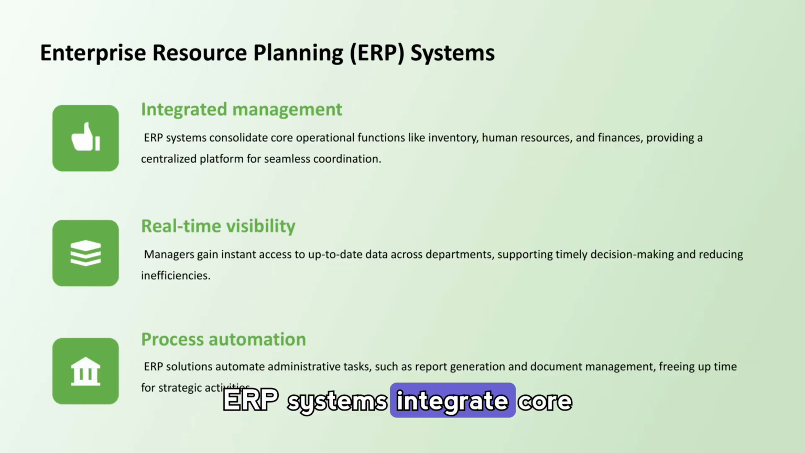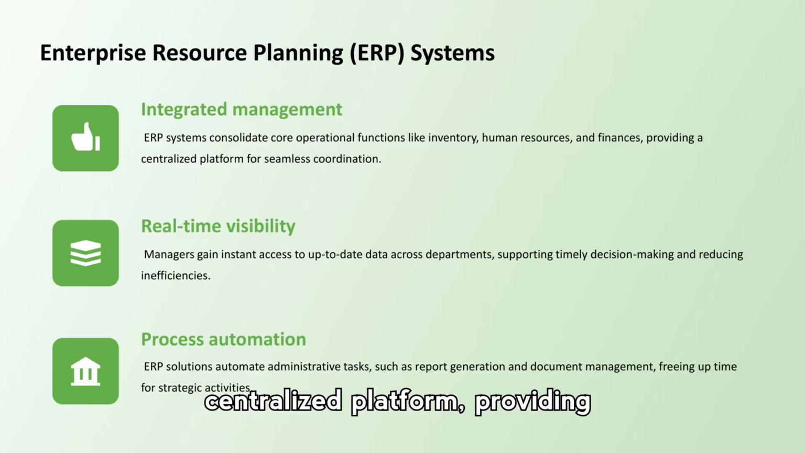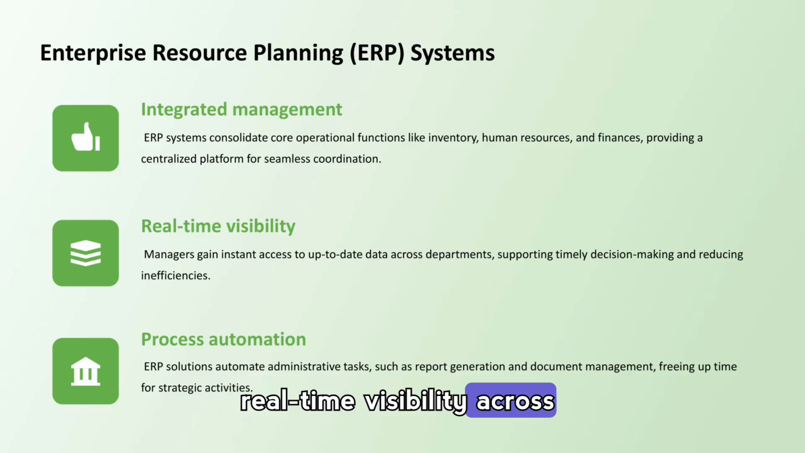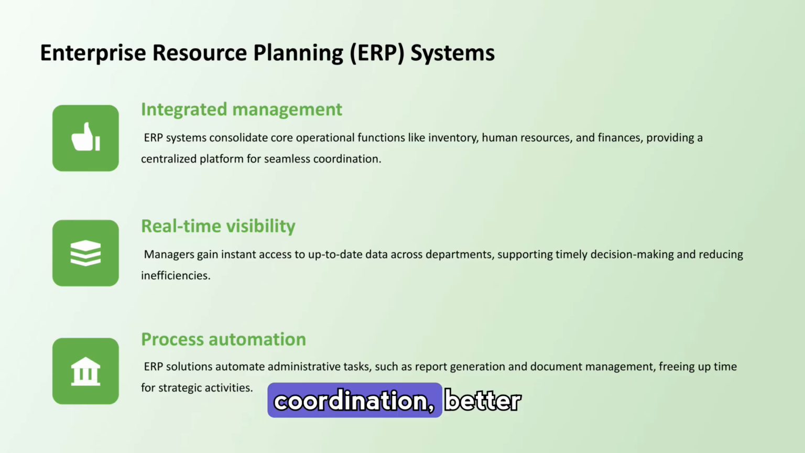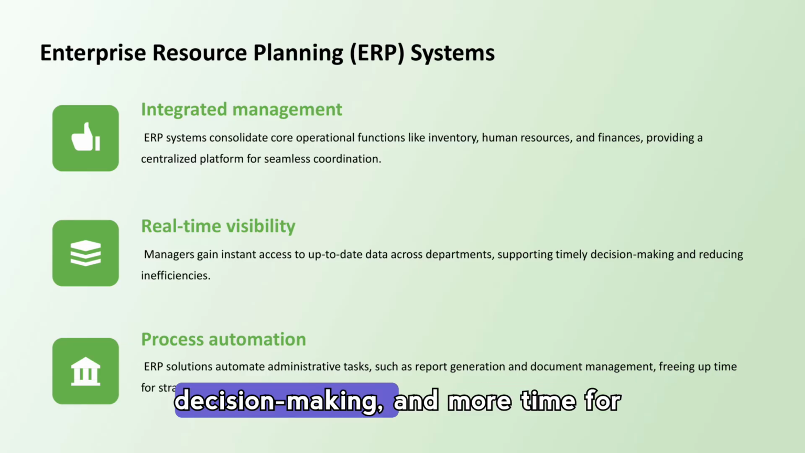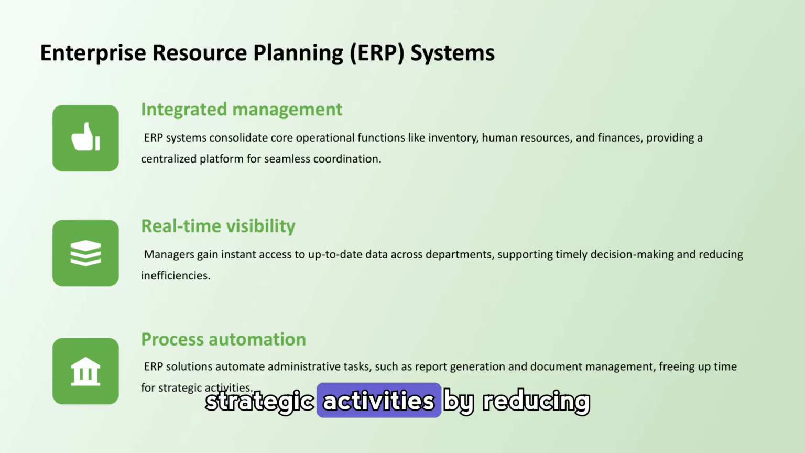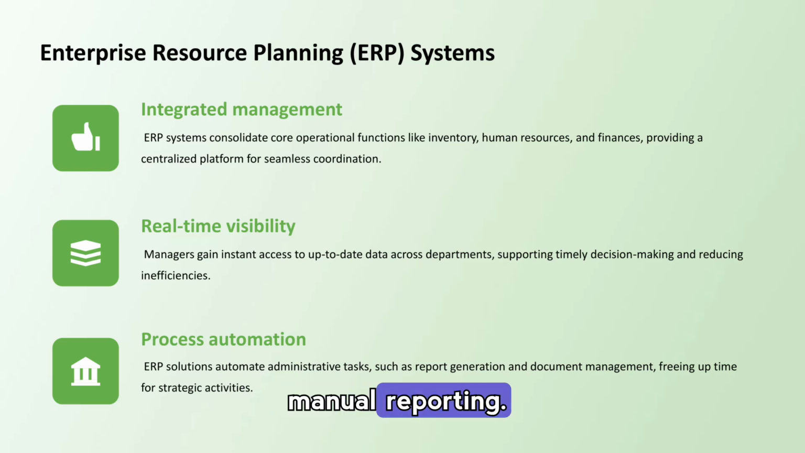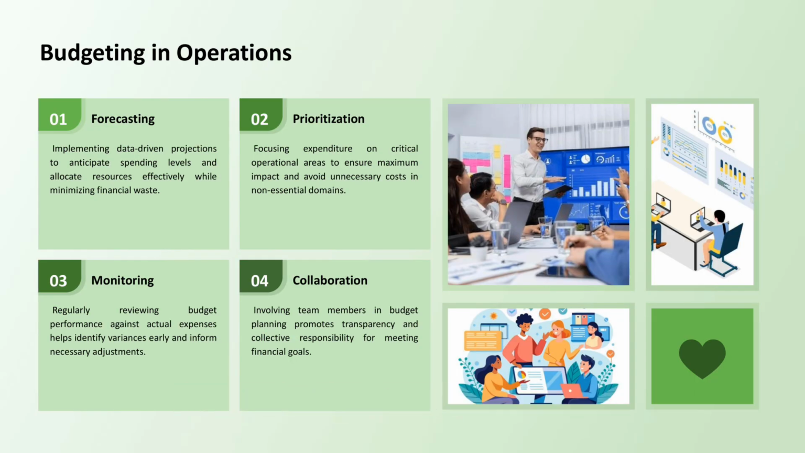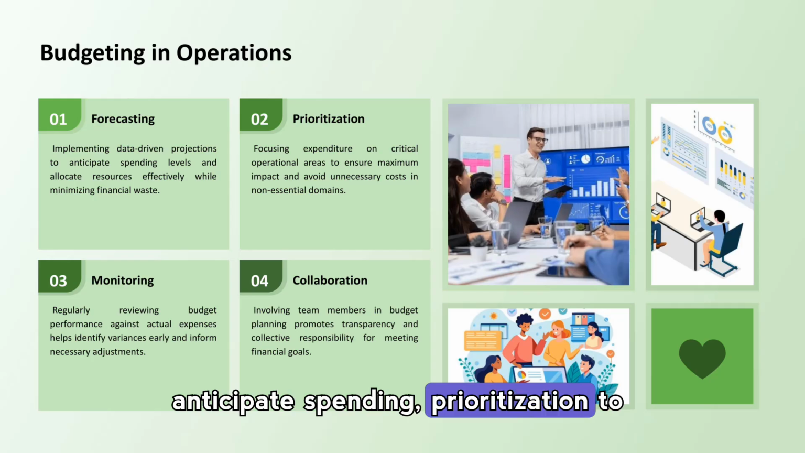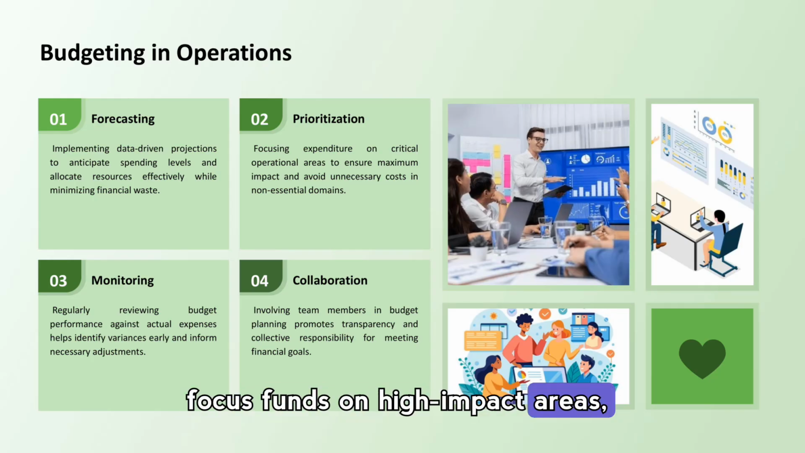ERP systems integrate core functions like inventory, human resources, and finance into a centralized platform, providing real-time visibility across departments and automating administrative tasks. This kind of integration supports faster coordination, better decision-making, and more time for strategic activities by reducing manual reporting. Budgeting in operations should combine data-driven forecasting to anticipate spending, prioritization to focus funds on high-impact areas,